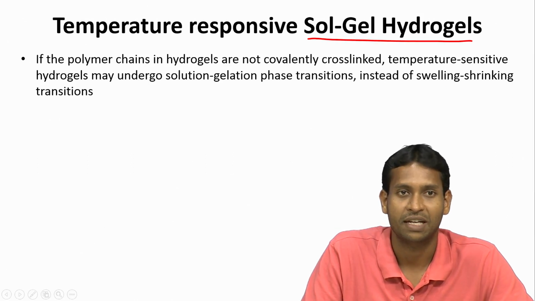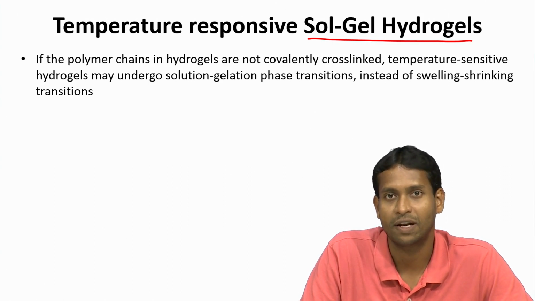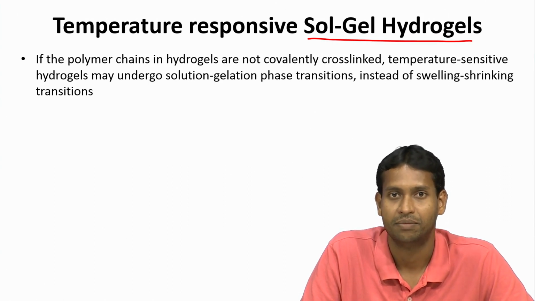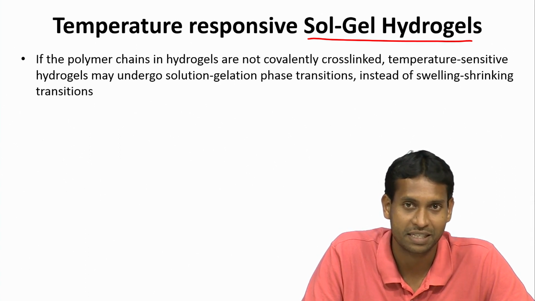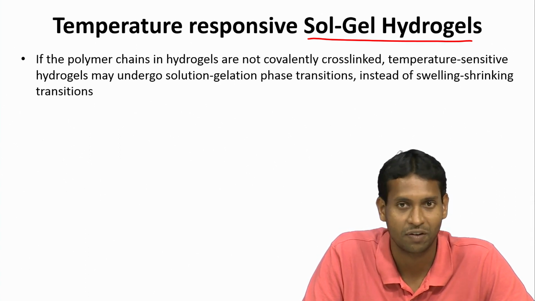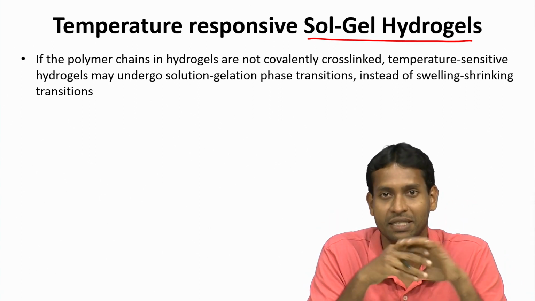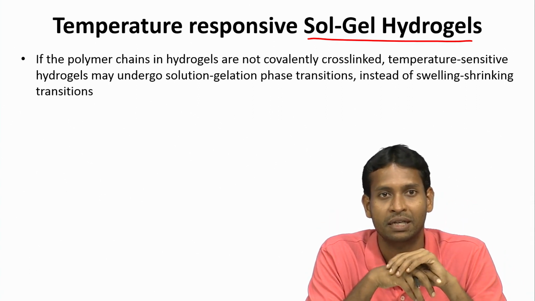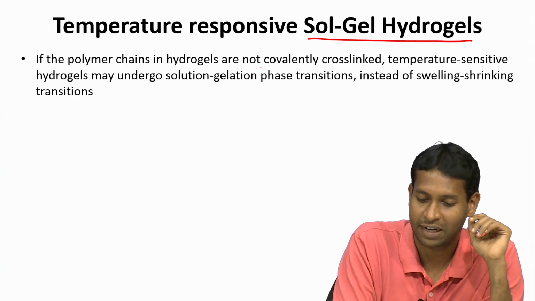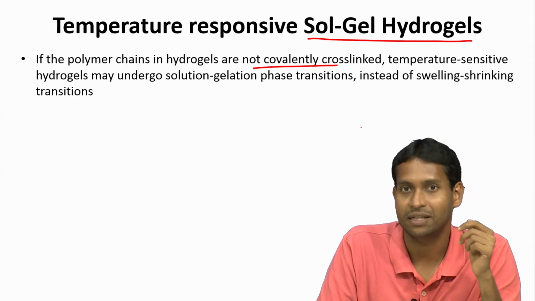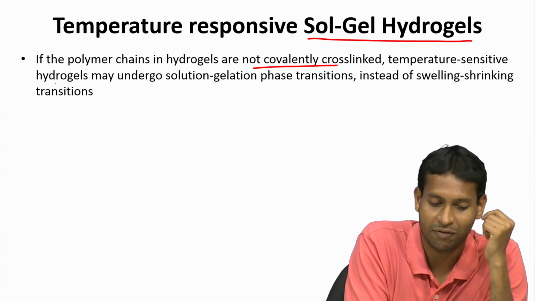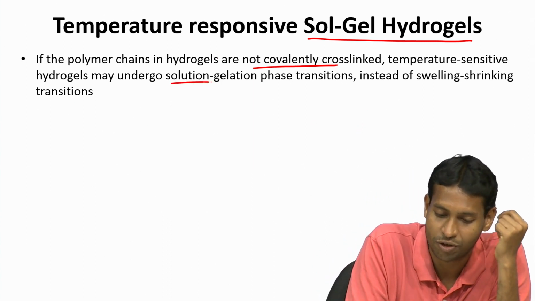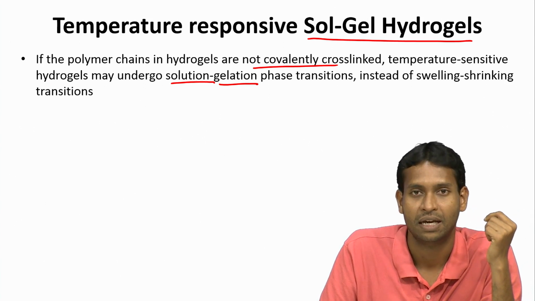Let us say the polymer chains are not covalently cross-linked. In the previous case maybe they were covalently cross-linked, it is just that the polymer is becoming hydrophobic and hydrophilic that is causing this. But in this case what we are saying is not covalently cross-linked, it may be physically cross-linked. So, then you can have a hydrogel that will switch between a solution phase and a gelation phase